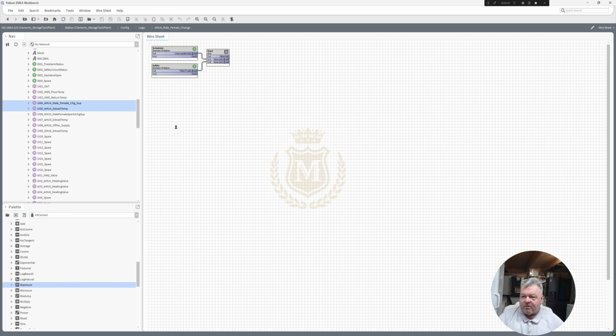So supply temperature, rename, and extract temperature, and AHU fault. The input. Right, let's go down into the folder